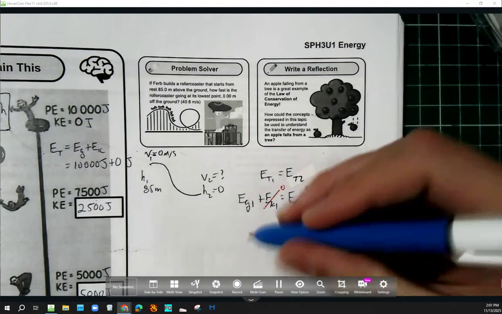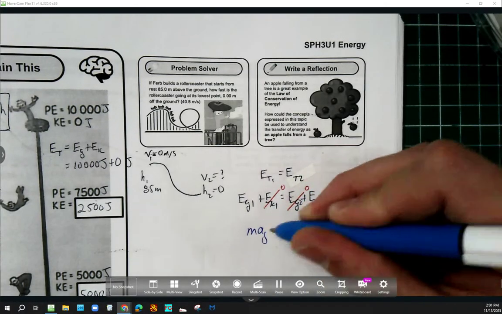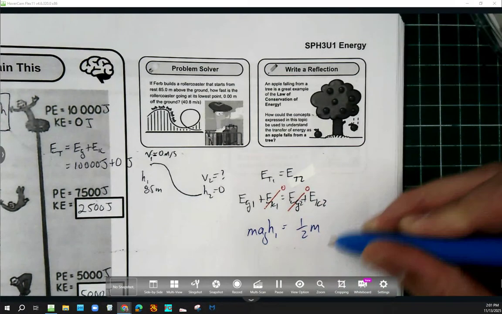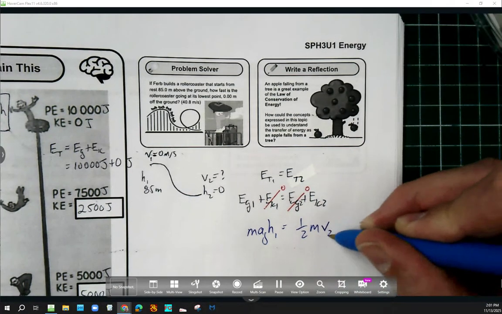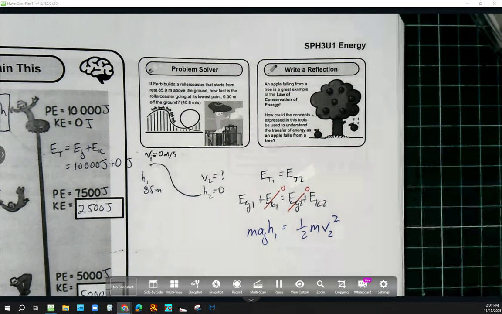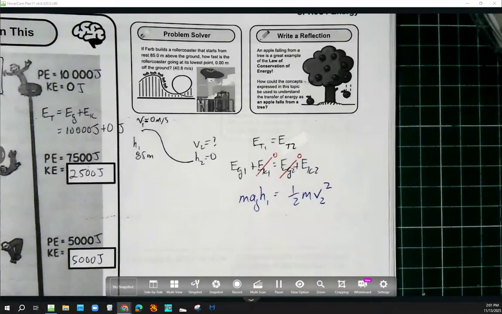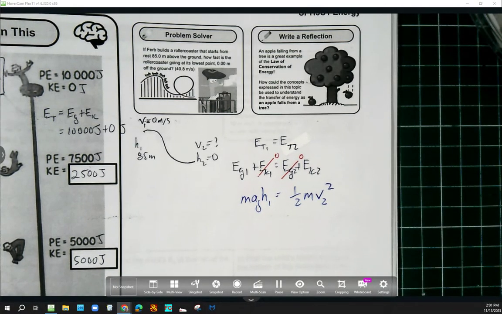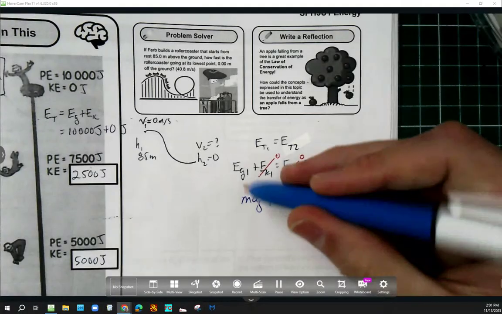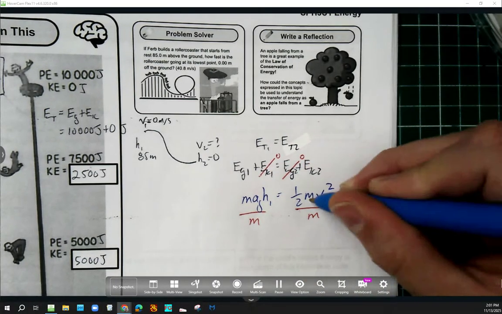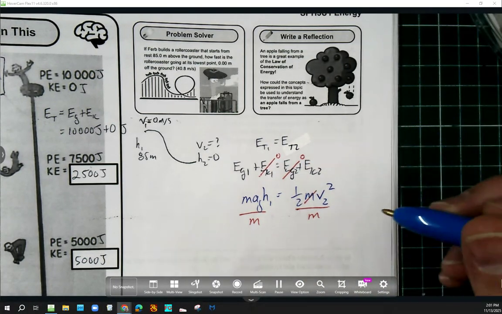And so we could expand this out. Mass times acceleration due to gravity times height 1 equals 1/2 mass times velocity at position 2, or speed at position 2, I should say, squared. And like I was saying, this cartoon doesn't tell us the mass of the roller coaster, but conveniently, there's a mass on both sides of this equation. So I could divide both sides by m, and while without the m, I can't actually calculate how